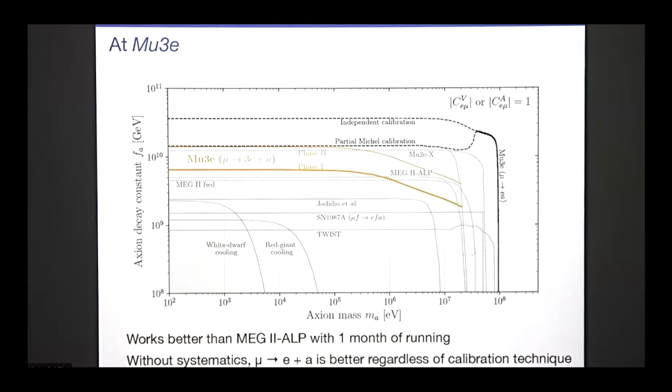Well, if you compare with the single electron plus missing energy case, you don't overcome it, right? So these projected limits over here assume that systematic uncertainties are negligible. So if that's true, then you should always do that. However, we don't know yet what those will be, and since you're sitting on the Michel edge, which you're trying to use to calibrate your detector, there are challenges there that need to be addressed. So should these limits in reality deteriorate, then your choice is to either look for a muon plus missing energy and 3 electrons, or with an extra photon, right?